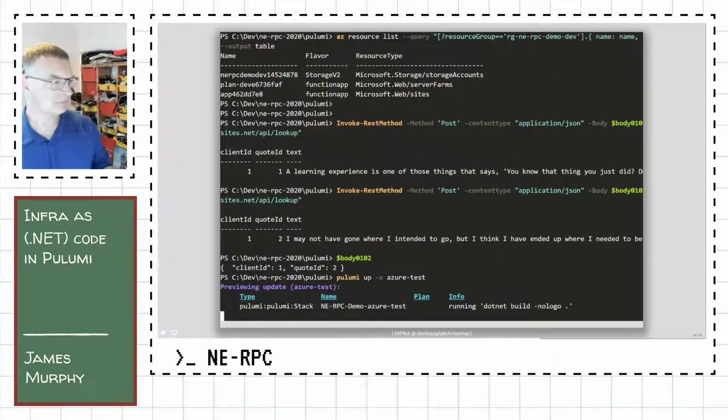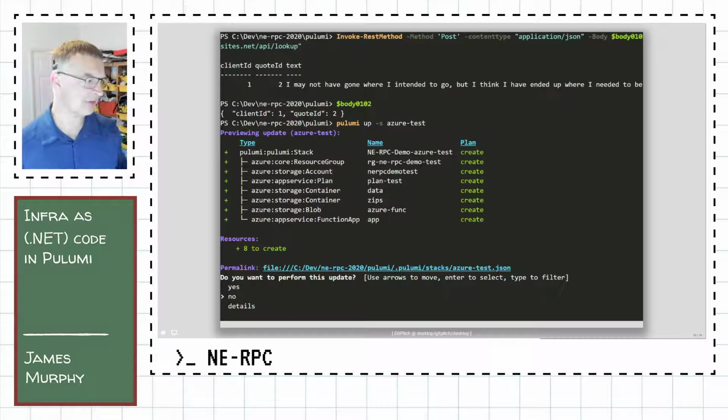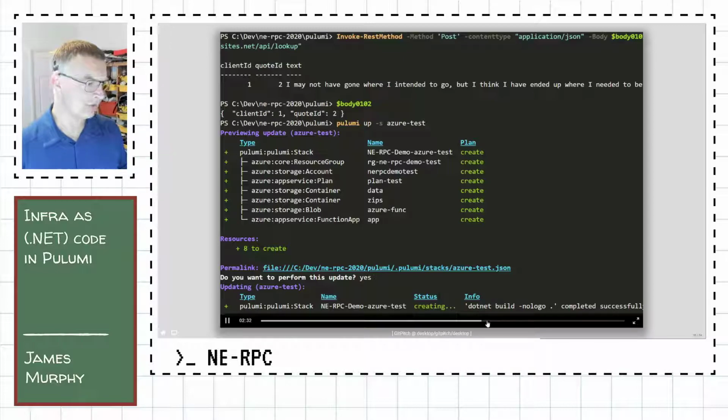So now that's my Azure dev stack. If I do Pulumi Up on Azure test, because the stack never existed before, it's going to attempt to create everything rather than just the new things that we had before. Because this takes a while,